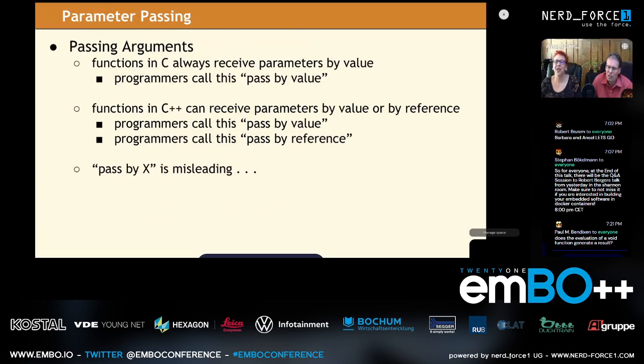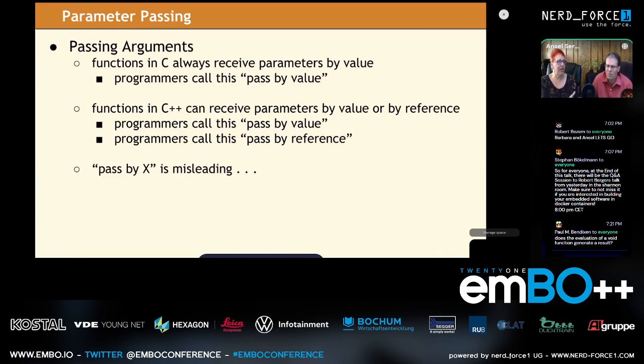Okay. So yes, if you were a programmer in C, you've heard the idea of pass by value. And pass by value is the idea that I want to pass a piece of data from a caller to some called function. And we're going to use the word function, and function could be a method or a function. In C++, we can pass by value or pass by reference. Both of these exist. Our opinion is we're saying this backwards, and it's extremely misleading.